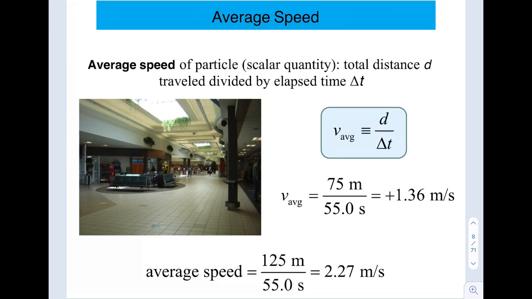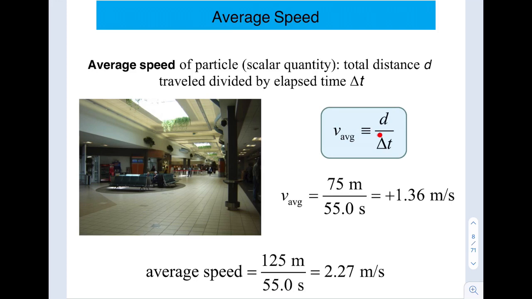For example, let's say it takes you 45 seconds to travel 100 meters down a long straight hallway at an airport, as in this figure. At 100 meters, you return back 25 meters along the same hallway to make a return trip. Let's say you forgot something, you want to buy something, so you may have different information of distance